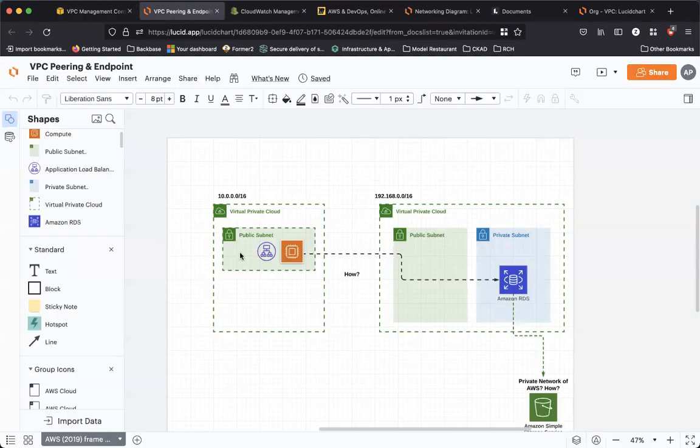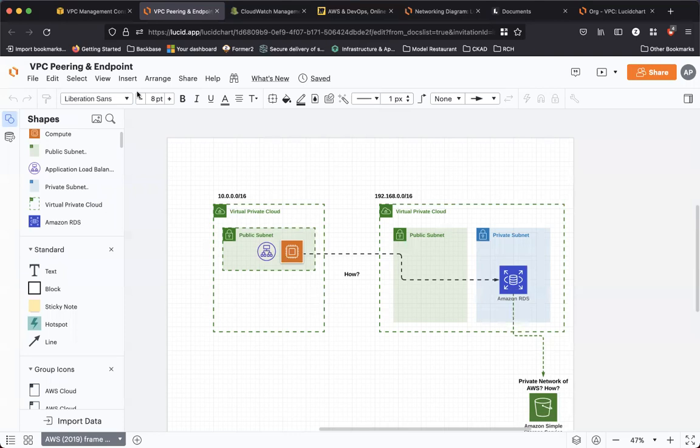So now what you have done is add the traffic in both directions: from here through the peering connection to this network, and from here through the peering connection to this other network. This is the same that you have to do in your NACLs and in your security groups. So this is how you establish a peering connection and modify your route tables for two-way, cross traffic. I hope you got a really good idea in regards to VPC peering.